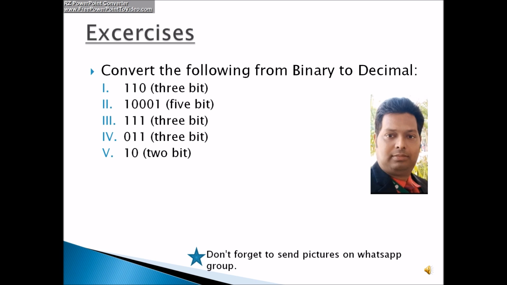Now we go to the second question, which is a 5-bit binary number. If you see its exponential form, then 2 power 0, 2 power 1, 2 power 2, 2 power 3, 2 power 4, it will reach up to 2 power 4, and you know the rest of the procedure, you can do it. Now the next is another 3-bit binary number. Now the fourth is another 3-bit binary number. Now last, it is a 2-bit binary number. So you know the procedure, and I hope that you can solve it very easily.